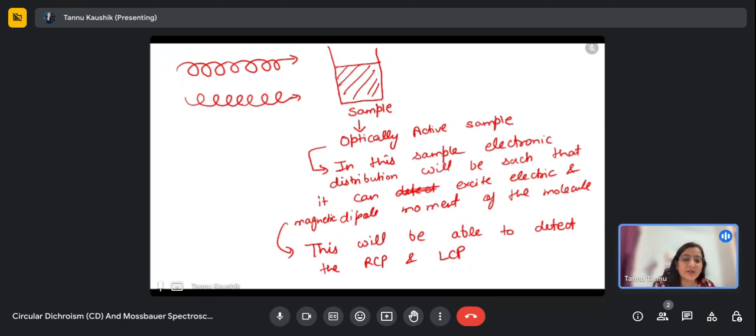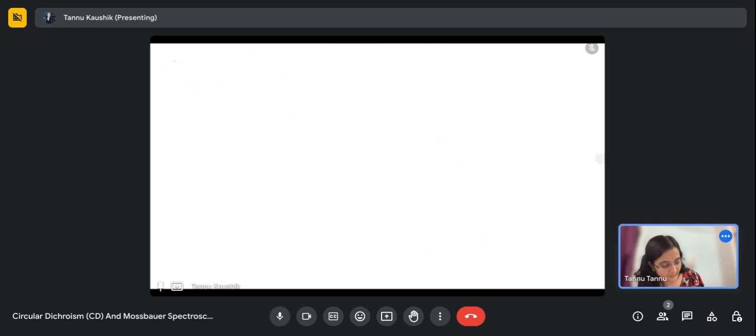Also, in the optically active molecules where both electric dipole moment and magnetic dipole moment are active, when these molecules interact with this right hand circularly polarized light and left hand circularly polarized light, because of their manner of electron distribution, they will be able to interact with this pattern of RCP and LCP differentially. So what kind of molecules are possible? Optically active molecules